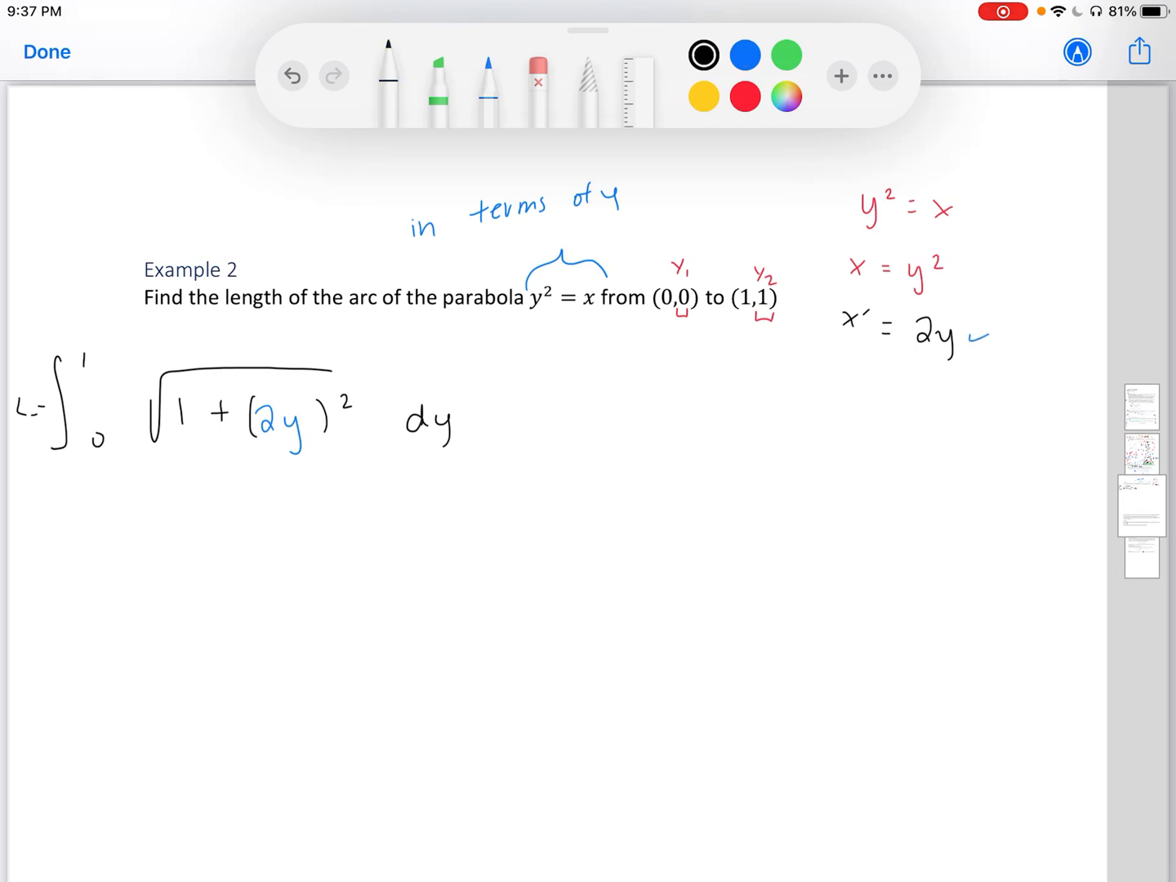Okay, if we go ahead and square it, we're left with the integral from 1 to 0 of the square root of 1 plus 4y squared dy. Now, we have learned so many integration techniques. This one fits our trigonometric form of integration, right? We have 1 plus something squared. Because we have a plus, this fits the format so that we have